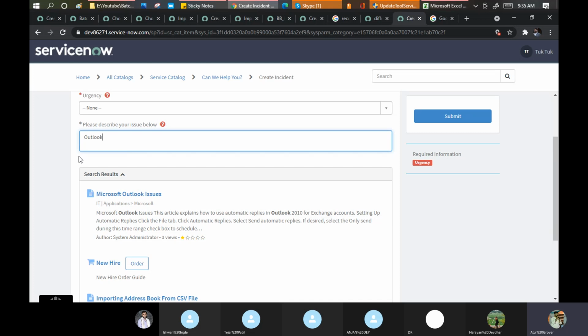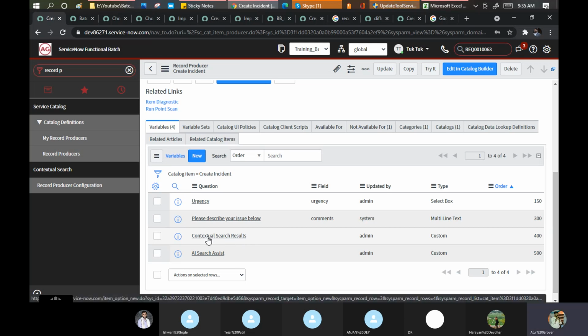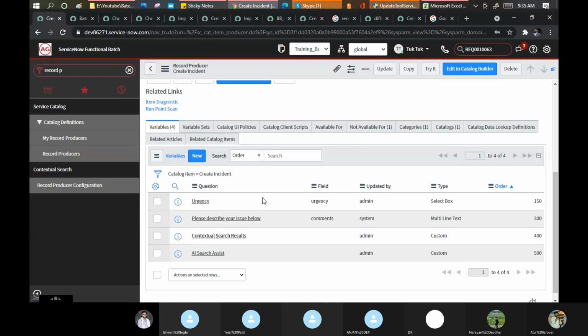And this is given by ServiceNow out of the box. If you go here and see contextual search results. Okay, how this has been defined, let me show you. Brother, you will search on some parameter. On some parameter you will search it. If I open this, let it open.